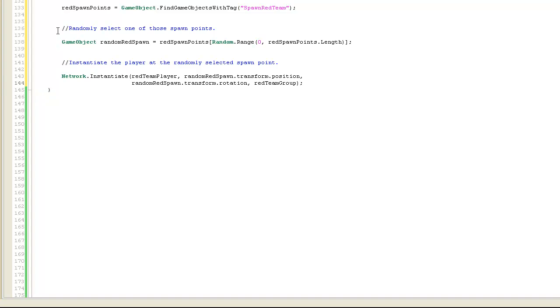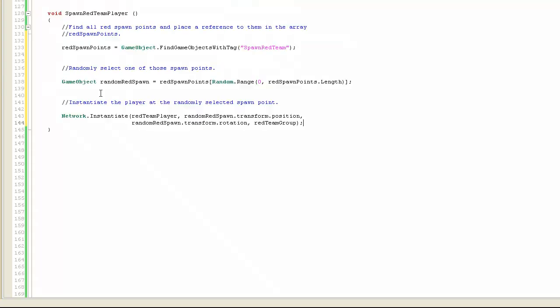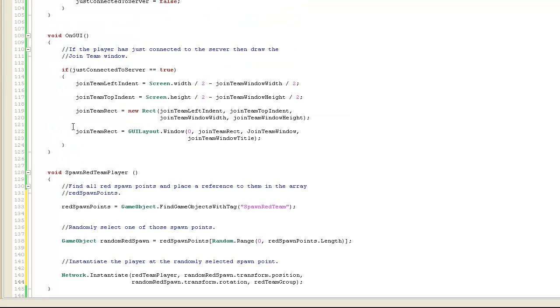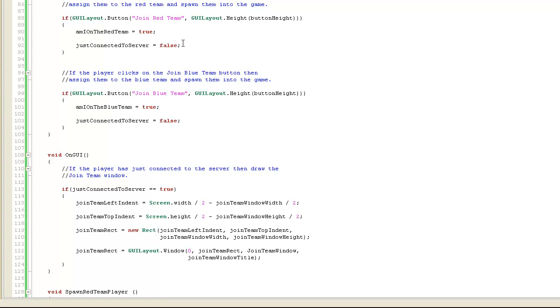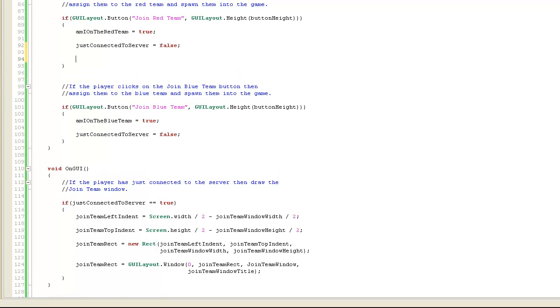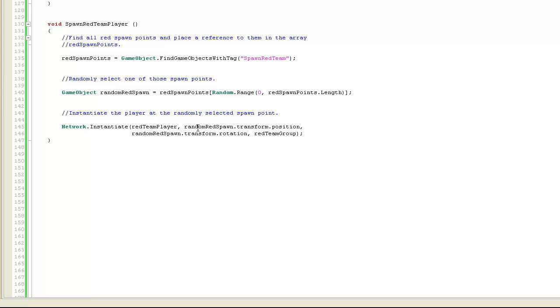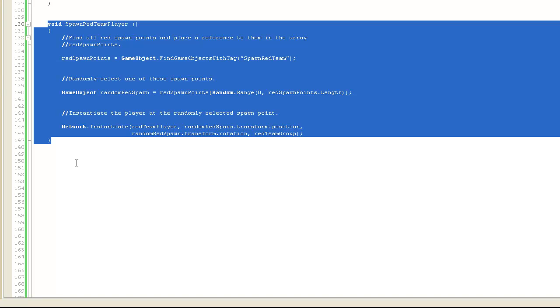We've finished our function, but we also need to make use of the function. So when the player clicks on a button, that would be the sensible place to execute the spawn red team player function. So just after connect to server is equal to false, we'll type there spawn red team player. There you can see the function, and opening closing curly bracket, and that's it. So now we'll just copy paste code for the blue team player. I'll save it so far. So copy all of the void spawn red team player and paste it below,